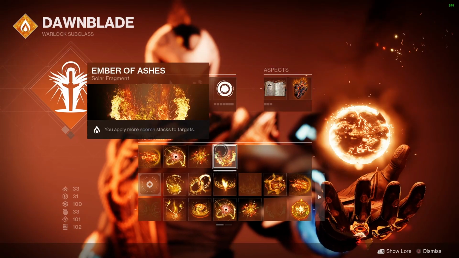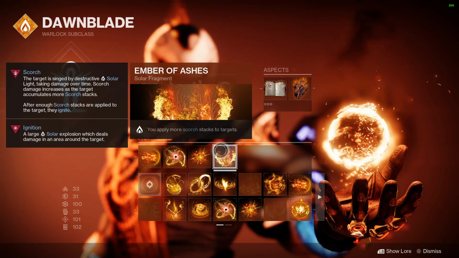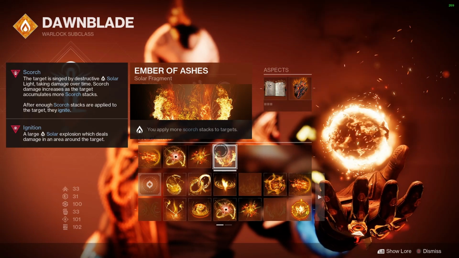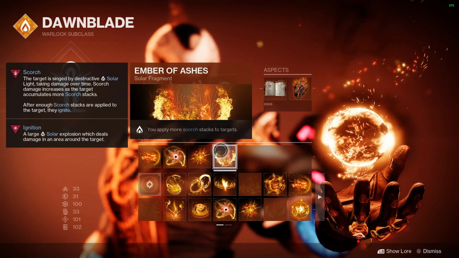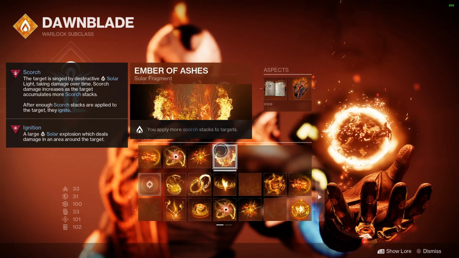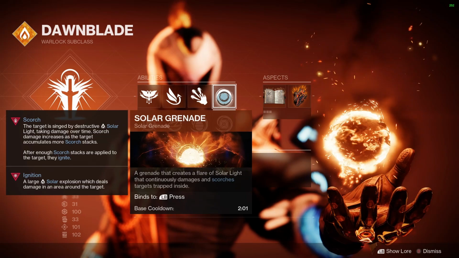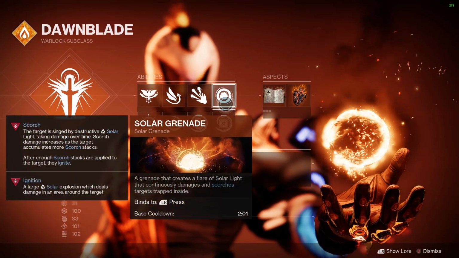It's really nice. And then we have, you apply more Scorch stacks to targets, Ember Ashes. For some reason this isn't on the other classes, but that doesn't matter because this build is focusing on only Warlocks, so you will have this. And what this does is exactly what it says. You apply more Scorch stacks, which will eventually cause ignition, and that will explode them. And causing more stacks immediately means they ignite faster and explode faster. The solar grenade by itself applies Scorch,